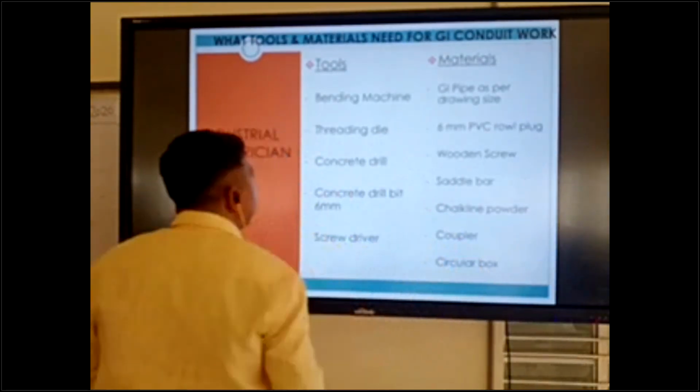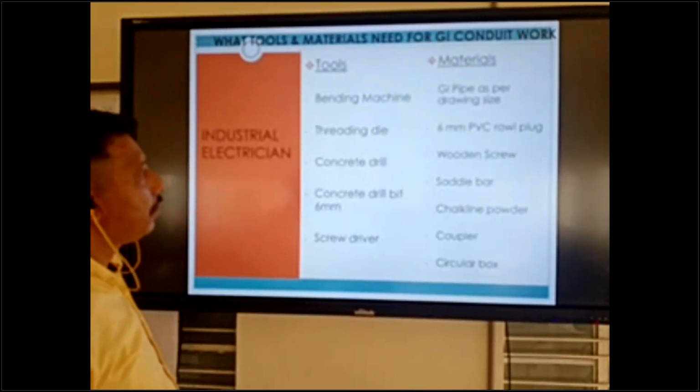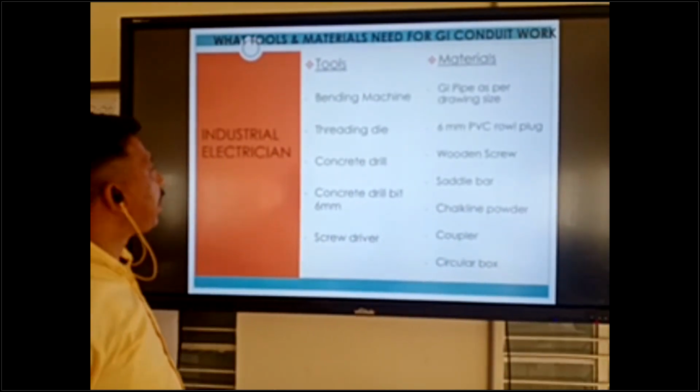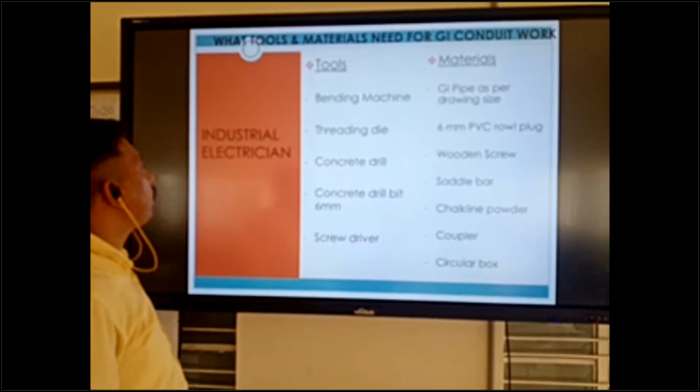Tools and equipment, conduit bending time or conduit installation time. Which tools do you need?